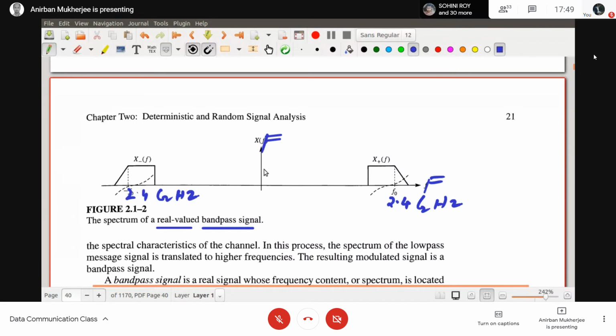But if you consider only the positive part, you will see certain problems, and handling things will not be easy. Why does negative frequency come into the picture? Try to understand. In a Fourier series or Fourier transform, I am projecting the signal onto orthogonal basis functions, e to the power j omega t, that is, the integral of x(t) e to the power minus j omega t. And e to the power minus j omega t is basically cos omega t plus j sin omega t, so you are projecting your signal into complex space. Suddenly your frequency response becomes complex.